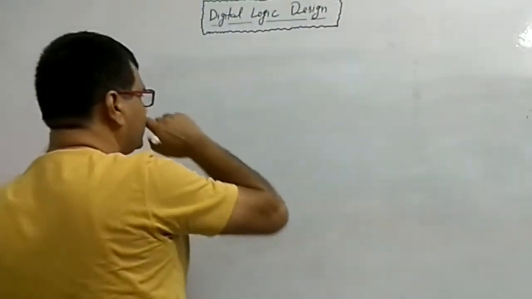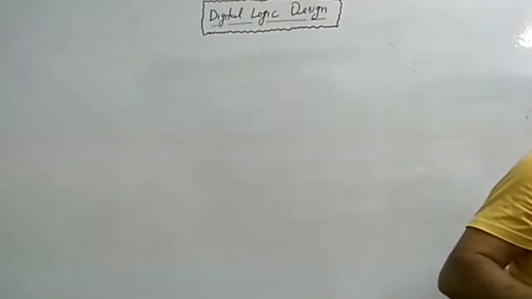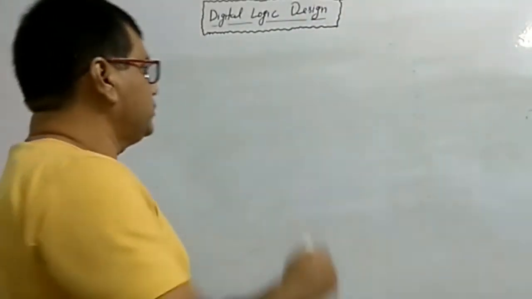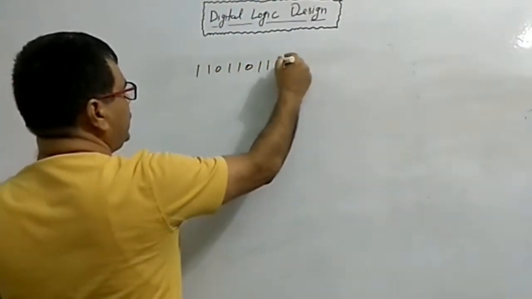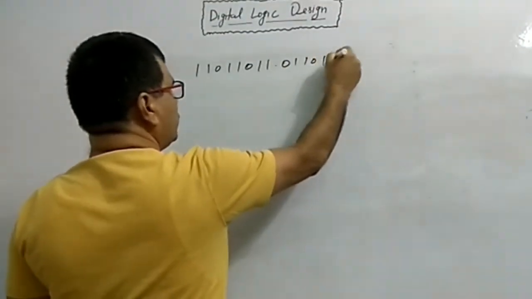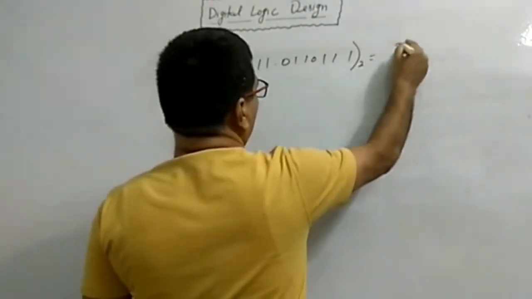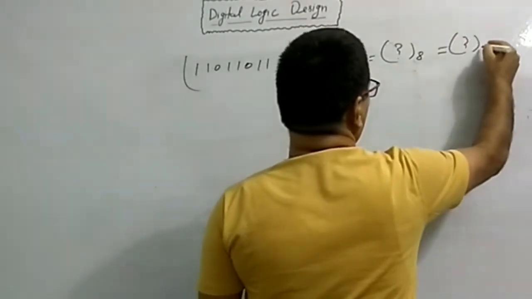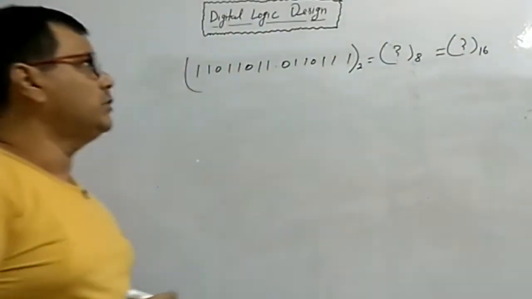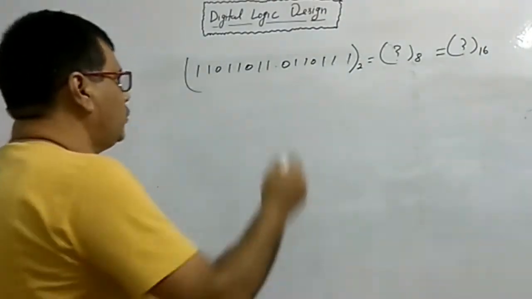look here, any binary number system is there. Let it be 11011.0110111. You just want to convert this binary number into equivalent octal and into equivalent hexadecimal. How will you convert? You just keep on making groups. Now for octal,